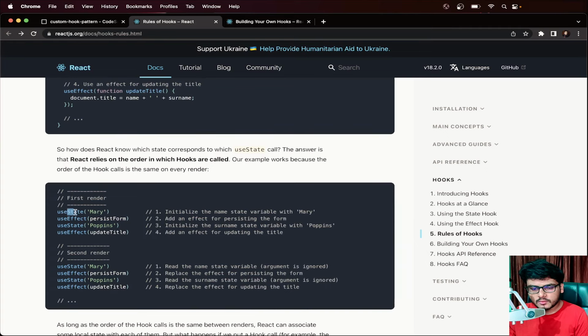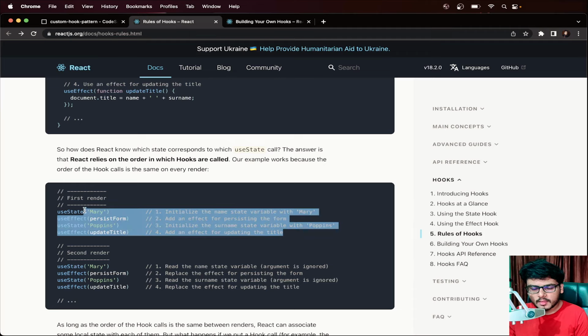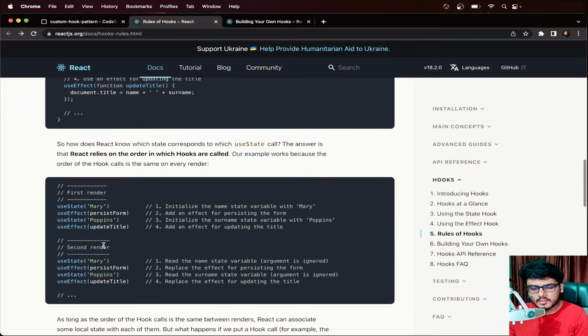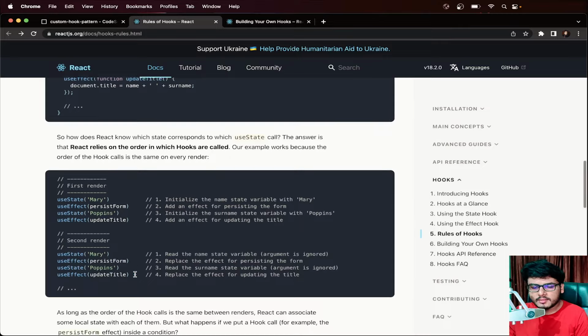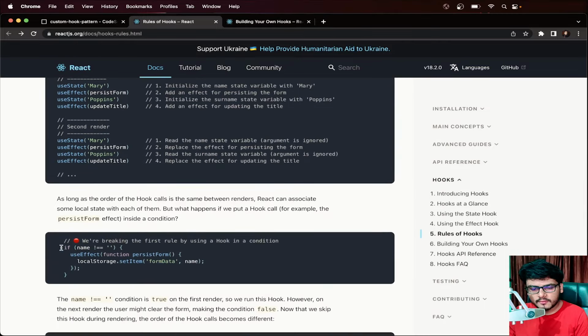It calls the useState with Mary. It calls the useEffect with persistForm. It calls the useState with Poppins. It calls the useEffect with updateTitle. So this was the flow of the first render, and this would still be the flow in the second render, right? And somehow, if we place